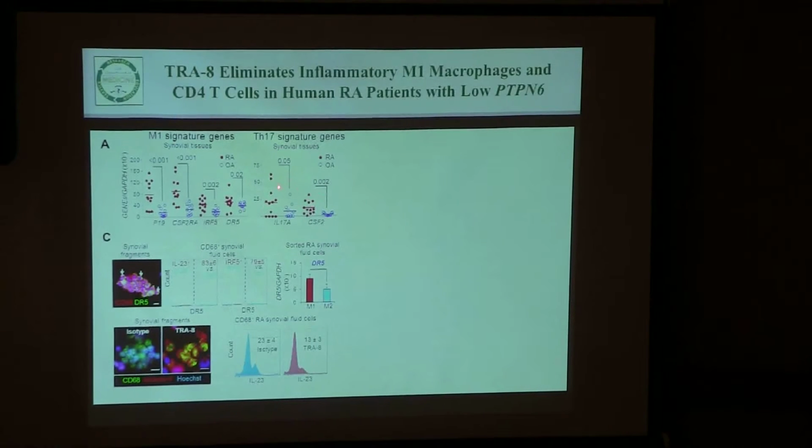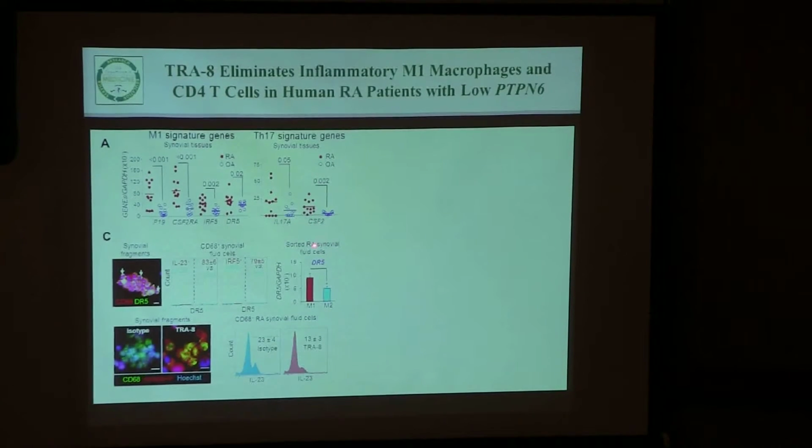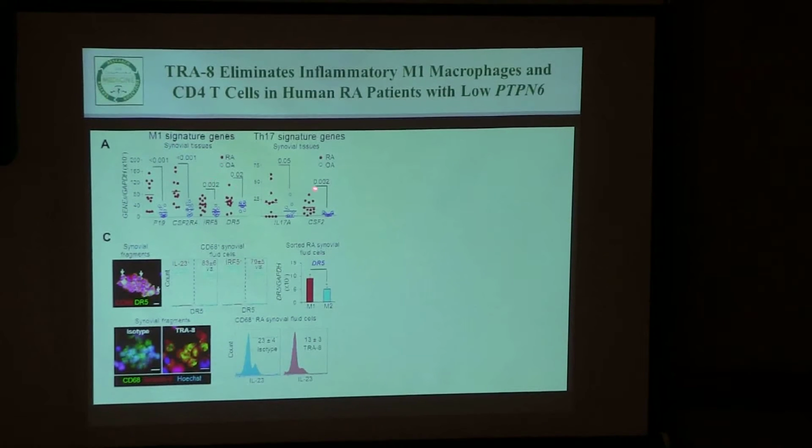And the Th17 signature genes also had a similar expression pattern. They're highly expressed in the RA tissue, but not in the OA synovial tissue, including IL-17 and GM-CSF. This data highly suggests that